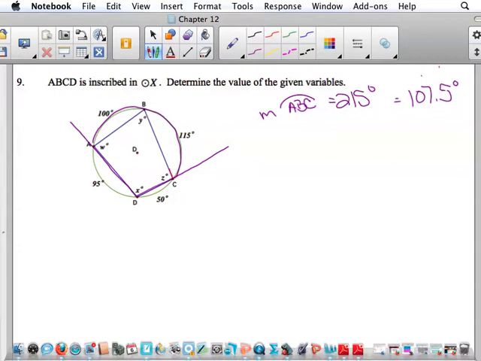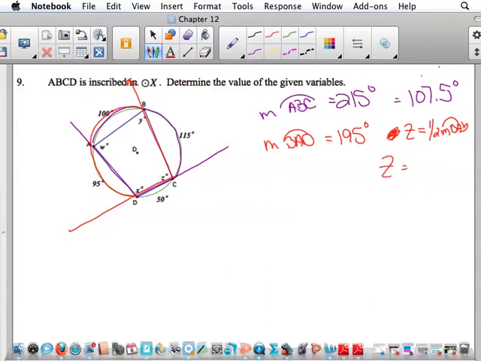Let's take a look at another angle then. Let's look at angle Z. So I'll extend these rays. So I'm looking at arc BAD now. The measure of arc BAD is equal to 195 degrees. So therefore, that Z is equal to half the measure of arc BAD. So therefore, Z is equal to 97.5. So for this one, ABC was X. Now you can continue to do that, or you can look at this and say, oh, well,